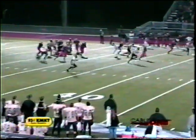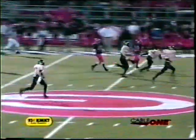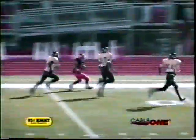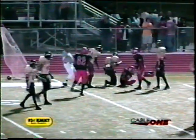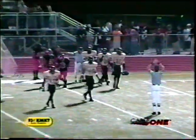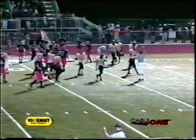He's running, Jackson. Jackson's got a hole. 35, 40, hitting the sideline to the 50. This is Jackson running to the 35, and he'll be tackled at the 25-yard line. Right up the middle, found daylight, cut it to the inside, back outside, and it's a huge play for the